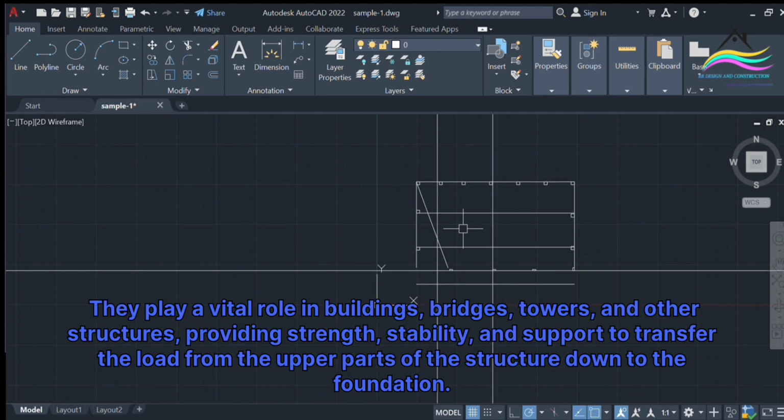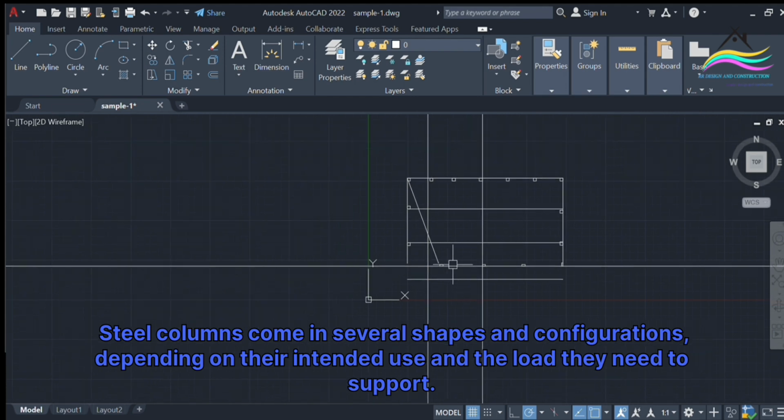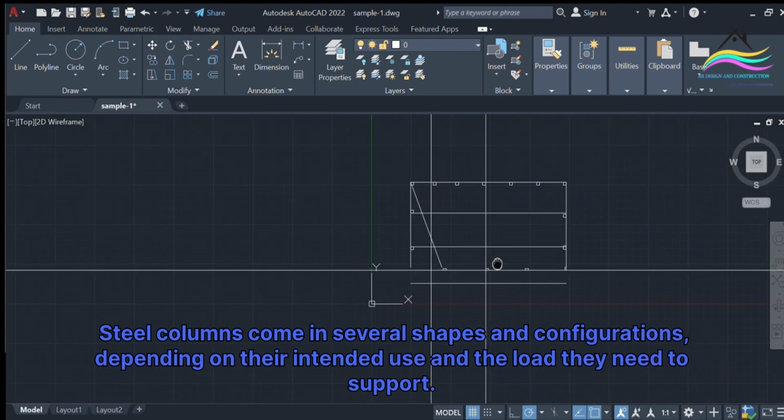They play a vital role in buildings, bridges, towers, and other structures, providing strength, stability, and support to transfer the load from the upper parts of the structure down to the foundation. Types of steel columns. Steel columns come in several shapes and configurations, depending on their intended use and the load